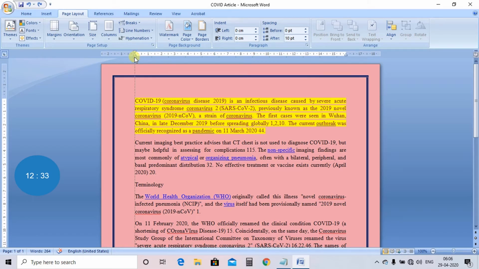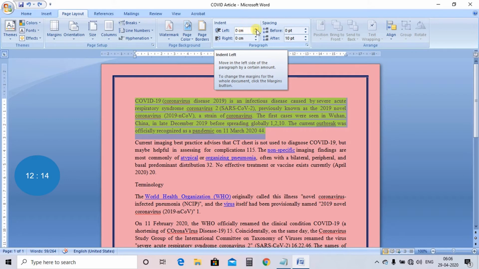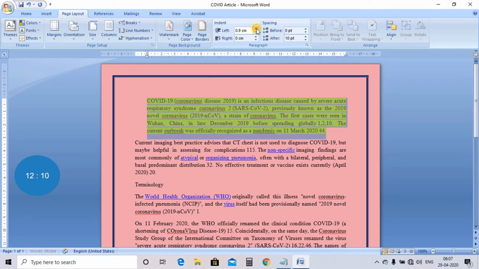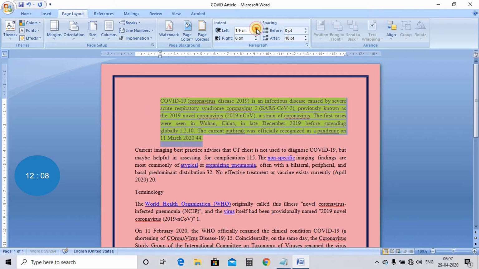So my text is displaying just from the margin only, means there is no space between the margin and the text. But if I am selecting this particular paragraph and I am increasing this, see, the text is moving to the right side.